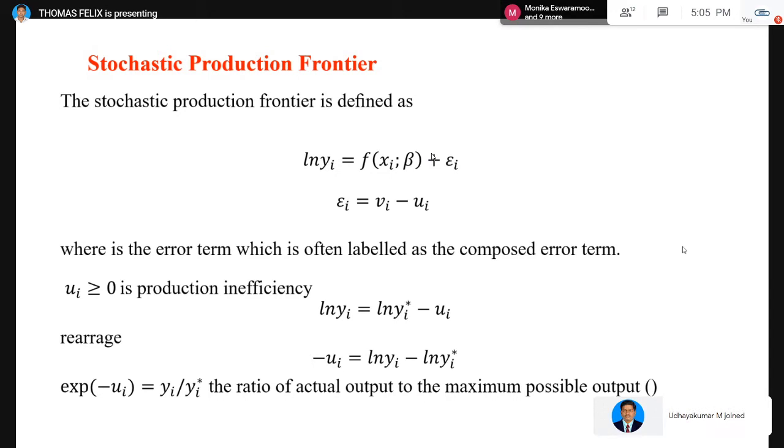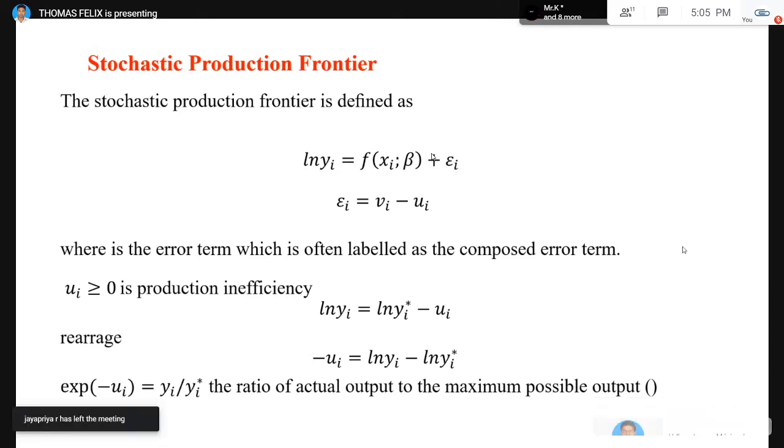So the yield depends on fertilizer and also the error term. The yield does not only depend on the input factors that we used, it is also influenced by some other factors which are not included in the model. For example, rainfall and some other climatic variables can also influence the yield.